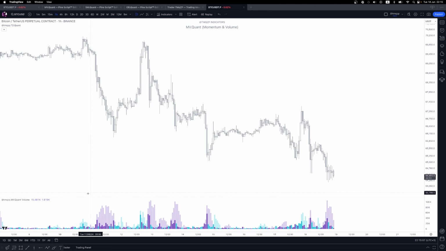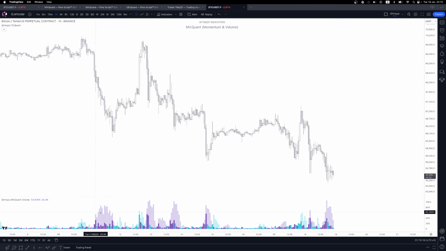That's basically all it is. You have both values here, so this is the volume delta. I need to remove that one, by the way. I'll do it in a future update. But yeah, like I said, I'm still working on creating some sort of signal out of this that automatically identifies